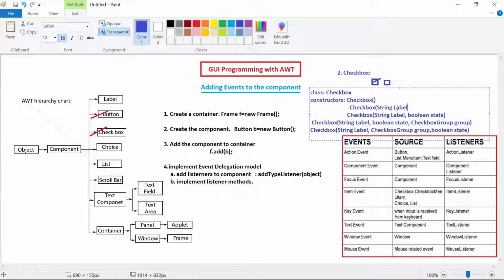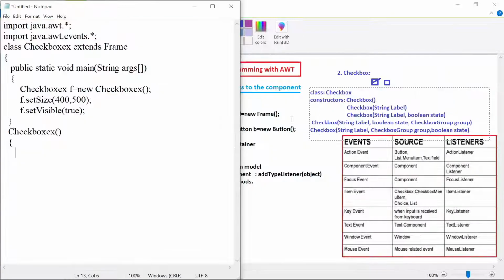If you don't want to set any boolean state and all, simply you can have a checkbox class constructor and you can specify the label. That is what I am going to use now here. Checkbox C1 equal to new checkbox.